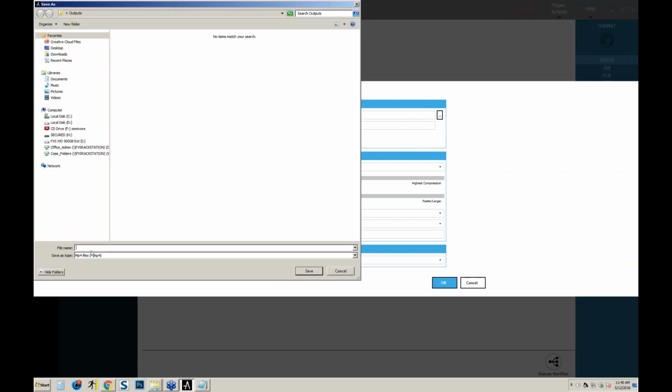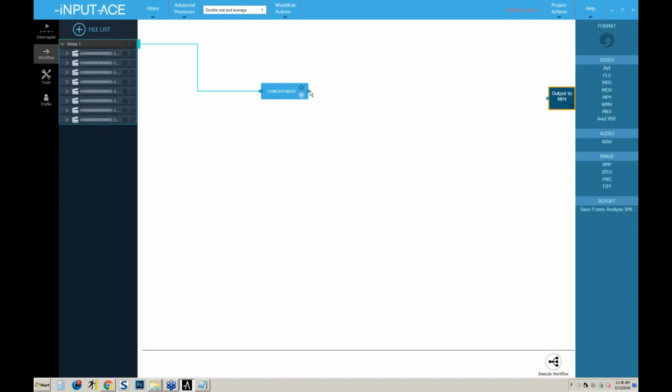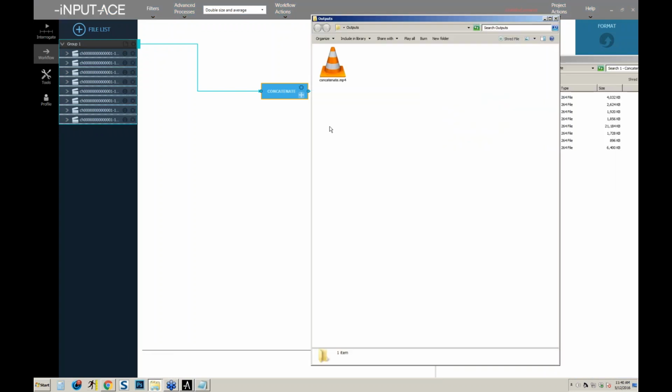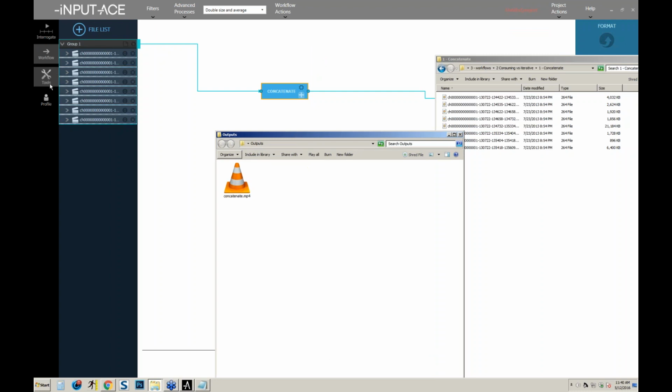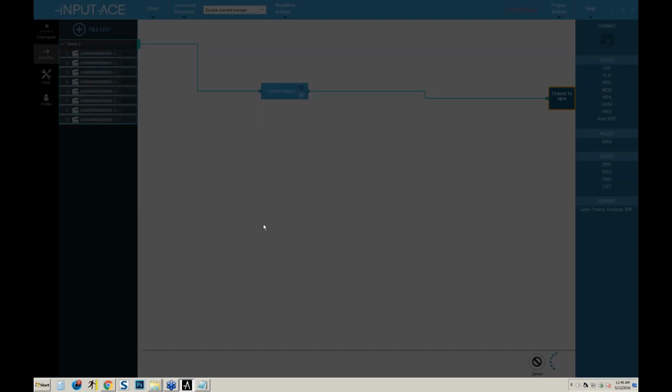I'm going to go to an output folder right here that I'm going to call concatenate. I'm going to say OK with the defaults, which I will again articulate here shortly, and then say execute. When this is done in my outputs directory, I'm going to have a single file that plays through all of the images in question all within one output file. So this might take a couple seconds, and while this is processing, I'll articulate here what this output setting for